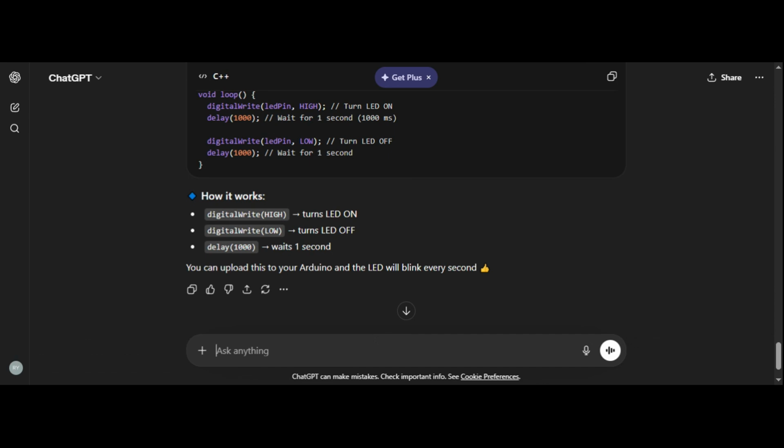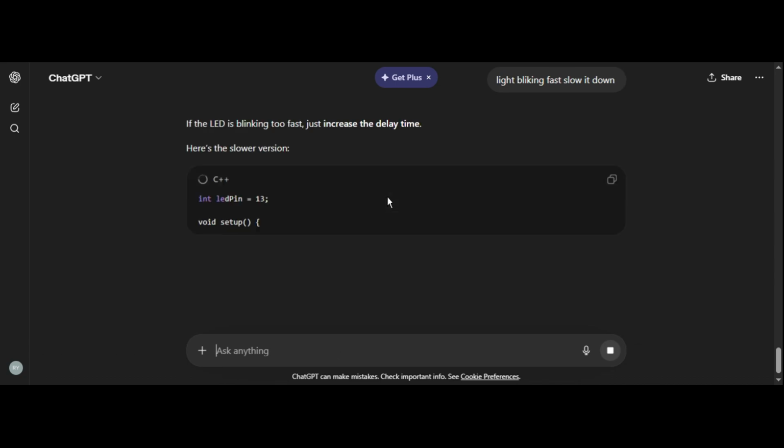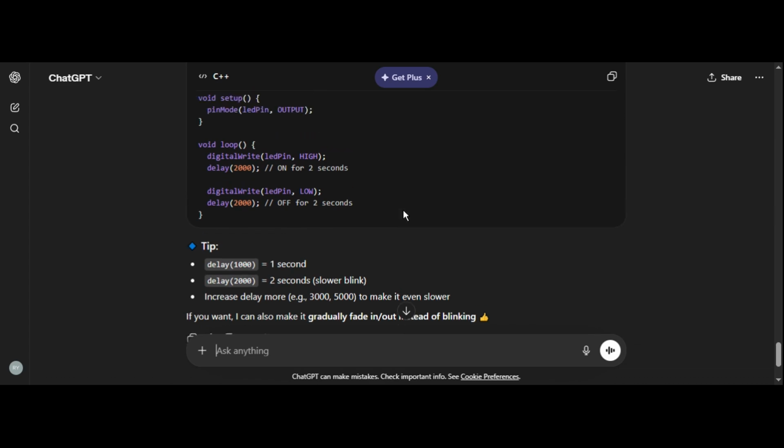Now here's the best part. If the blinking speed is not quite right, or if the light is blinking too fast, you can easily modify the code by asking ChatGPT to slow it down. For example, you can say, "Make the LED blink slower," or "Change the delay to 2 seconds instead of 1." This is one of the biggest advantages of using ChatGPT, because you can refine your code instantly without having to